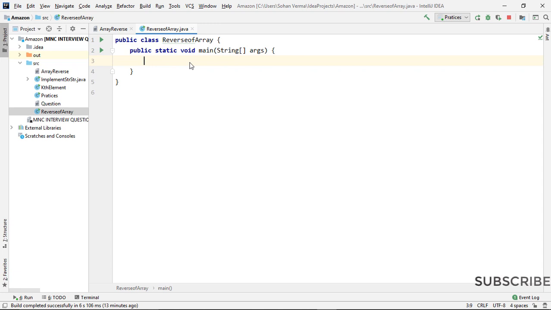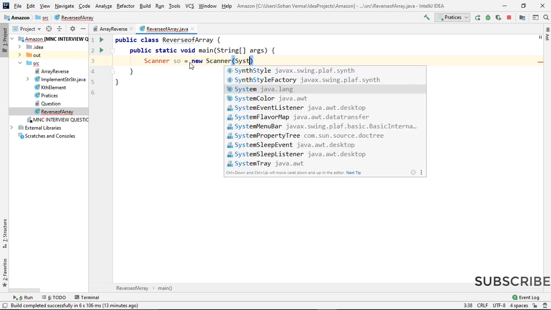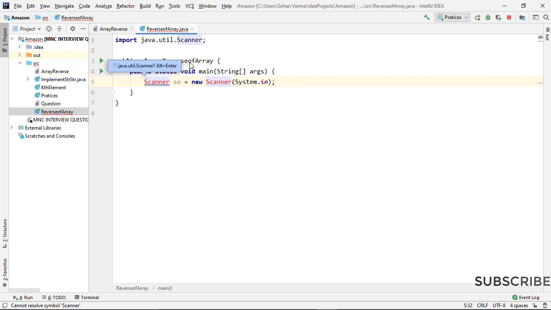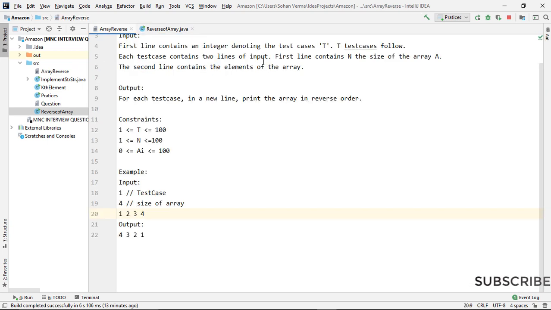First of all, we need a Scanner, System.in. Just go to Scanner and press Alt+Enter to import it. Okay, let's go to the question.